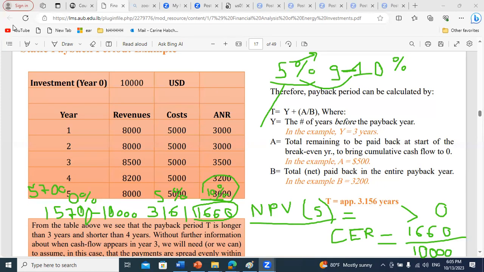There was also the minimum attractive rate of return. Yes, exactly. The minimum attractive rate of return is the rate of return which will give you the desired CER. And if you say I can accept